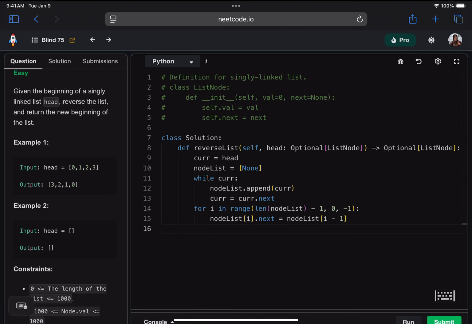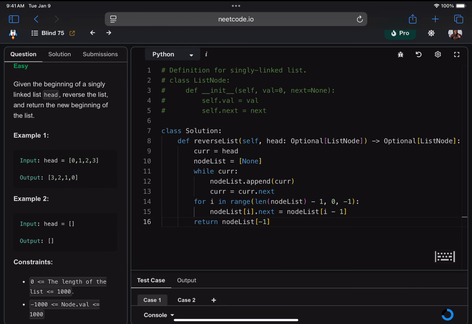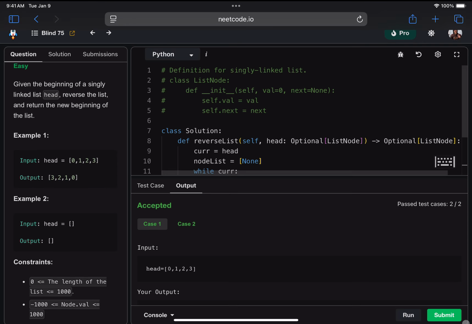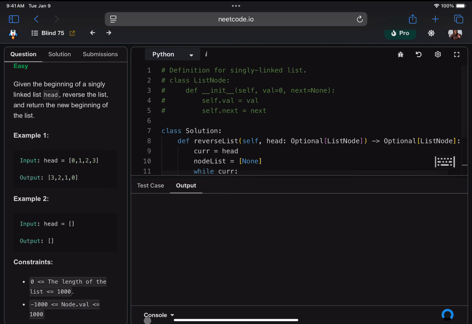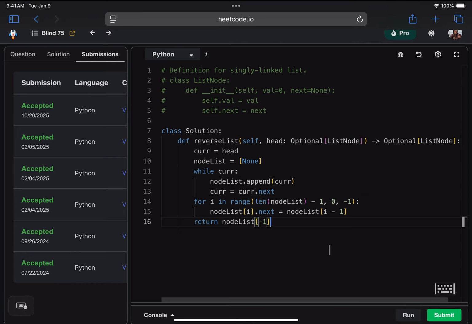Okay, and then when we're done doing that, we can just refer to the last thing in node list. So we can return node list -1. This is a pretty straightforward way to do it, with some extra space here. Sweet, and I'll go ahead and submit just to make sure that this works generally. Great, okay, so this is one way we can do it, but again, it requires some extra space, so we'd